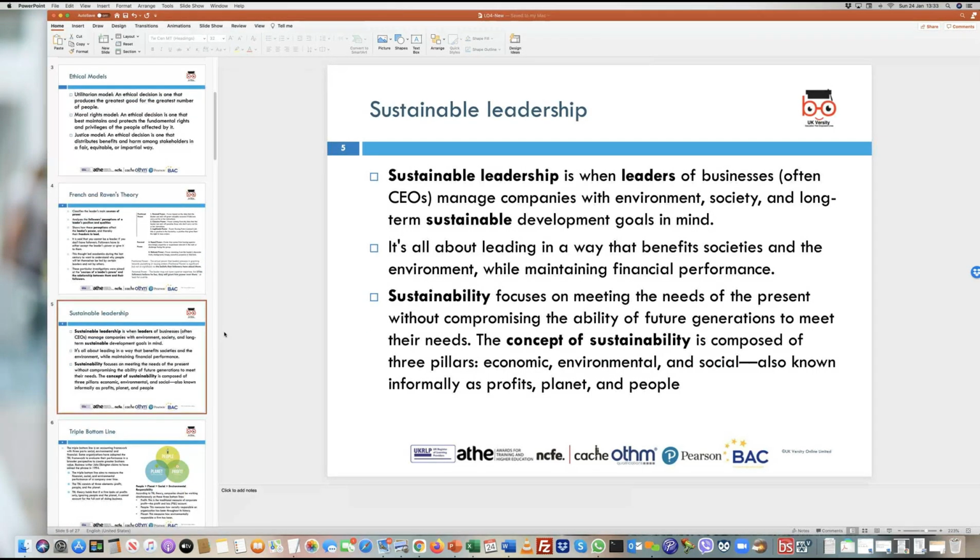The next concept that we will look at in general will be sustainable leadership. And there's a handout from Russell Associates which I would suggest that you read, which is going to be up on Moodle. This handout will give you a good insight into why large organizations today, which are global organizations which are profitable,